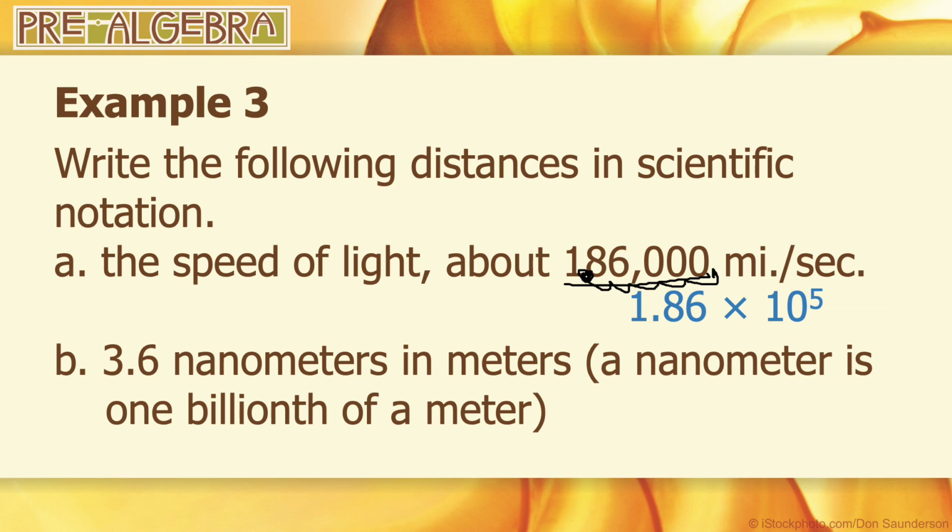Okay, we have now nanometers. A nanometer, thankfully they tell us that a nanometer is 1 billionth of a meter. 1 billionth. So if you think about that and how many zeros it would have, okay, it would have quite a bit. But anyway, they want us to express that in meters. And I don't know if you remember the other example where we had something billion and how many zeros it was, but I'm going to go ahead and write, let's see,